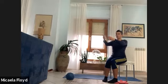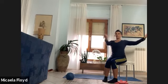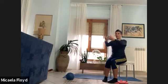8, 7, 6, 5, 4, 3, 2, last one, and releasing back, releasing the shoulders, relaxing the arms just a little bit more, opening across the front